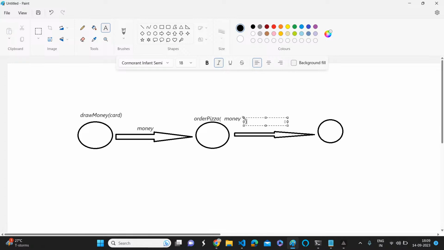Once the pizza is ready, it will return the pizza. Once you get the pizza, you can eat.